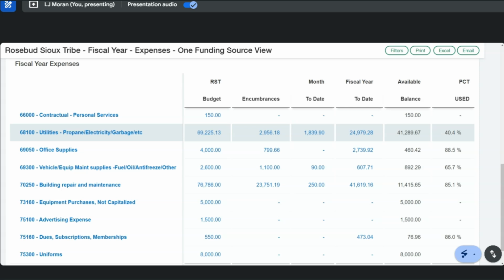And great, but that's helpful to know the amount that's out there, but it might not help us understand where it is. And so in these one funding source view reports, we get a blue hyperlink. We could click there and it's going to take us to the general ledger for the encumbrances, so we can review that in a little more detail. And depending how you use the general ledger, the information may pop up for that. So if I click there,